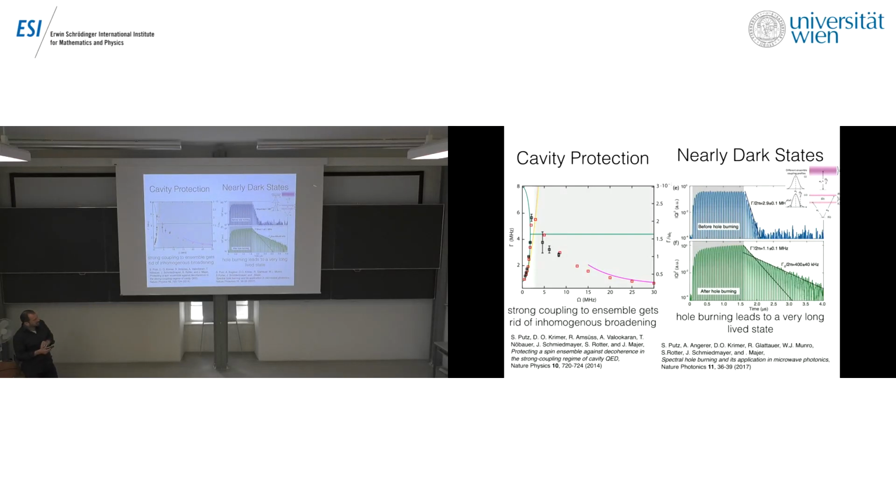but then we realized that we had done a different system. It's actually split up, where you get an upper half of the ensemble and a lower half of the ensemble, and you get a nearly dark state, and you can see that you can improve the coherence time nearly tenfold by this trick. And I like this because this is now an experiment on a hybrid system,